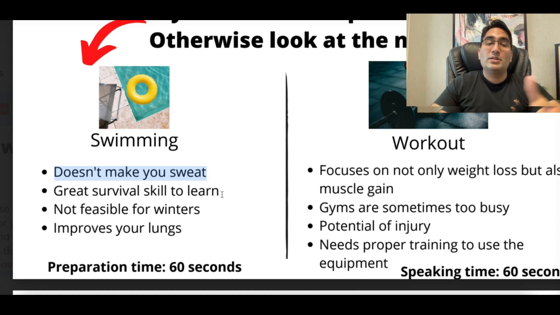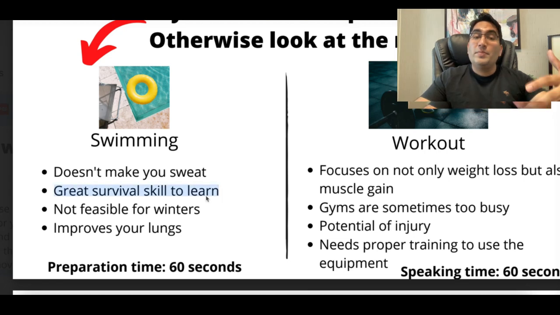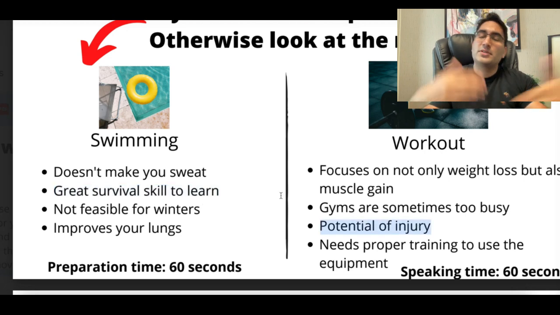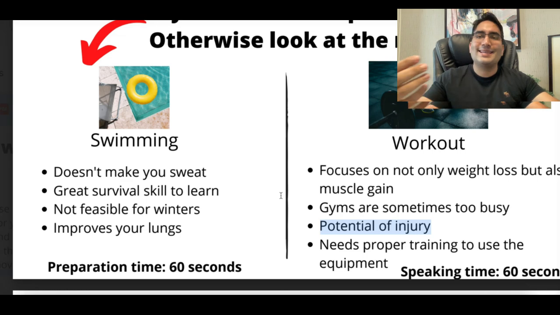Now again, this is the second strategy here, you also want to look for sentences that you are going to target to say together in terms of comparison. For example, you can say, look, swimming is a great survival skill. It's very important under these conditions we live in. However, with gyms, you just might injure yourself. So you see, you can combine multiple things in one sentence.